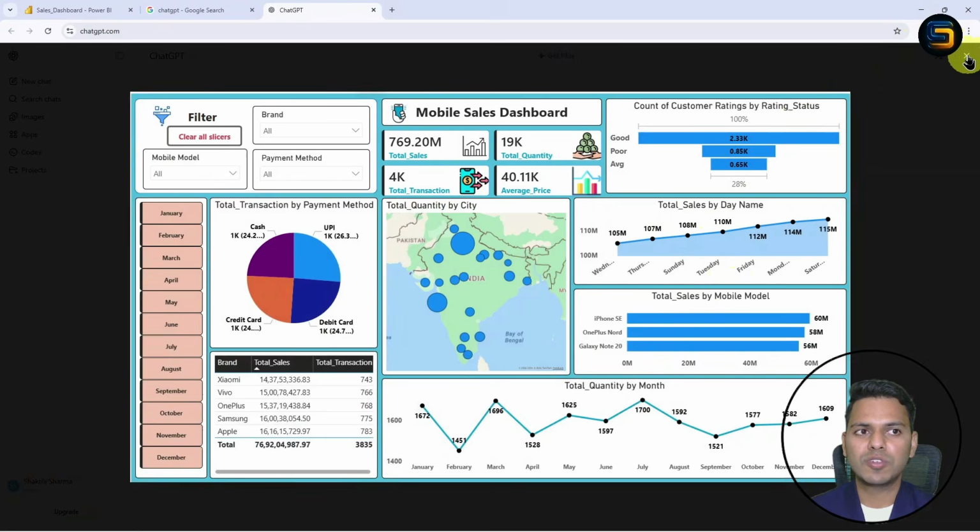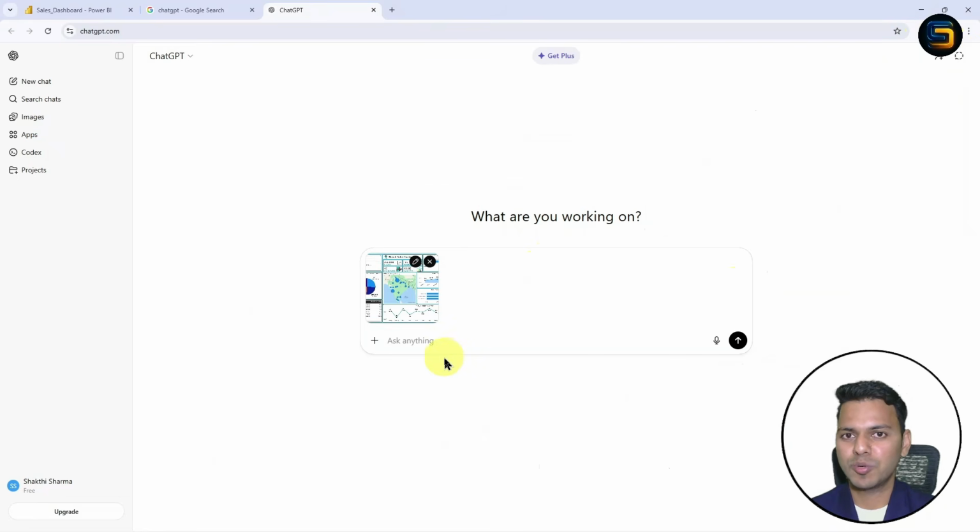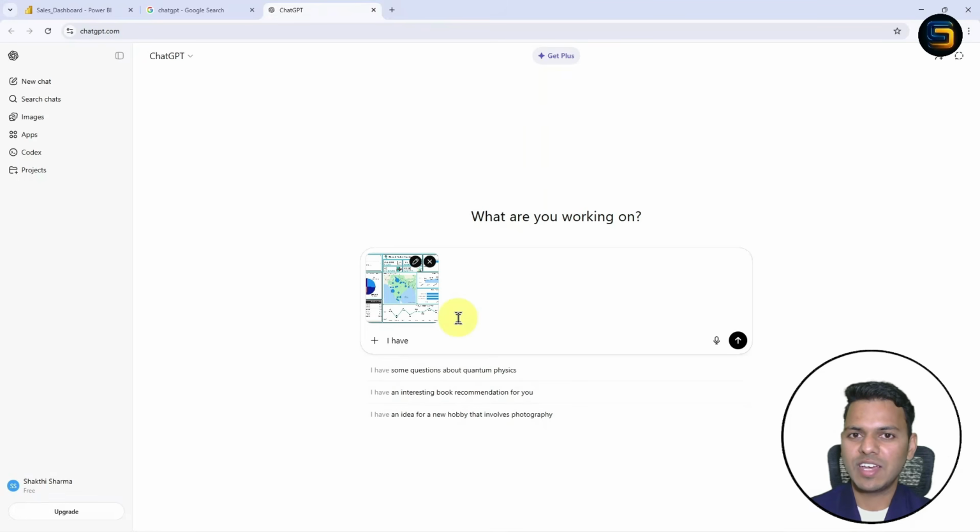Now if you want to publish or post on LinkedIn, here we will write one command. We will give some instruction to ChatGPT so that we will get what we need to post on LinkedIn. So here I will write. Look here, we need to take the help of ChatGPT so that we can post this image, or we can say interactive dashboard, on LinkedIn. I have recently learned